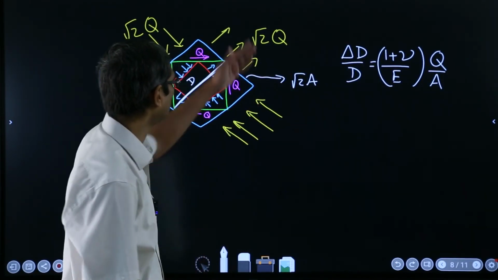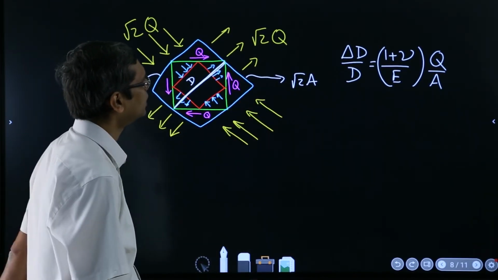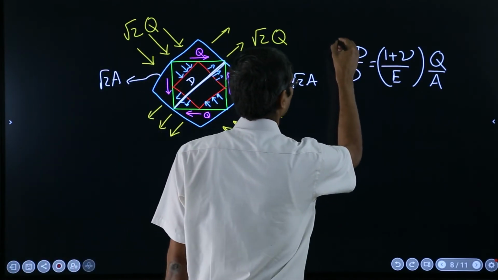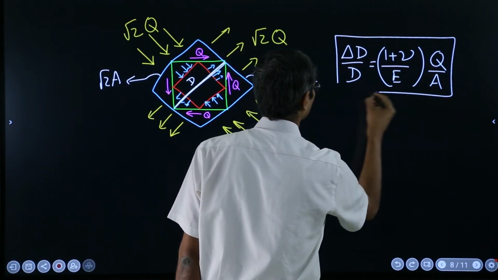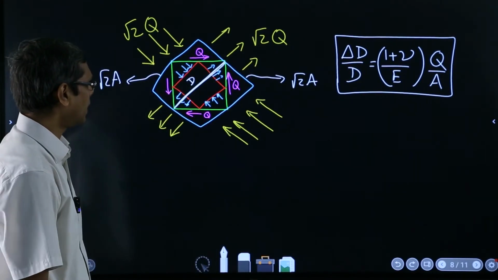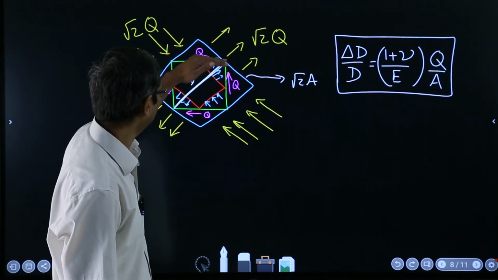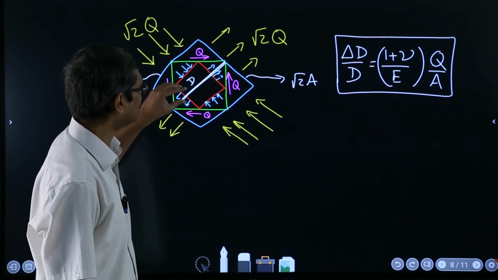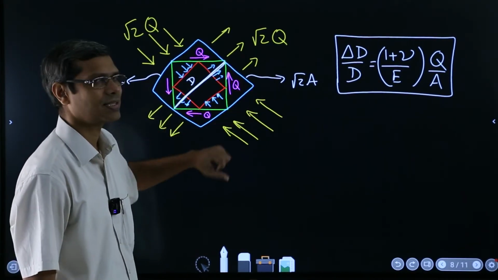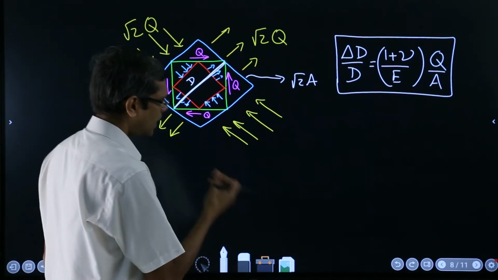Right? Because root 2 Q over root 2 A, I should have written, but the root 2 cancels out, and this. Okay. Now this is one relationship we got, that under these shearing stresses, the change in diagonal over diagonal, that is the strain in the diagonal, happens to be this. Now let us see